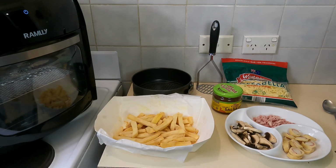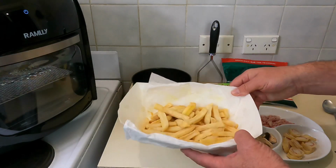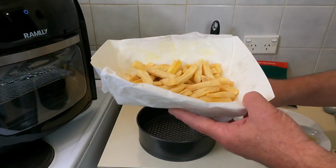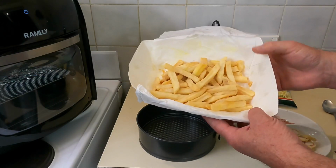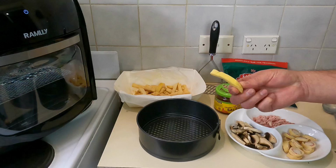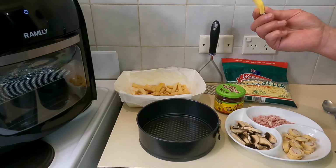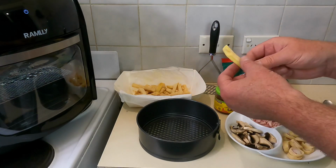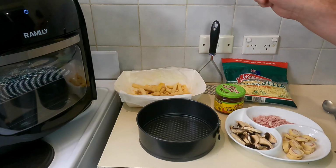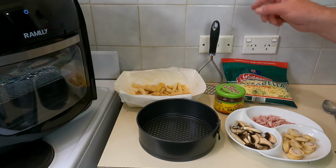So, as promised, I'm going to have a go at doing this chip base pizza, potato chip base. As they're the chips from the last video, I saved quite a few. Because they've been sitting in the fridge and it's the next day, I reckon they are going to be pretty hard, so I'm going to whack them in the microwave for a couple of minutes to soften them up,